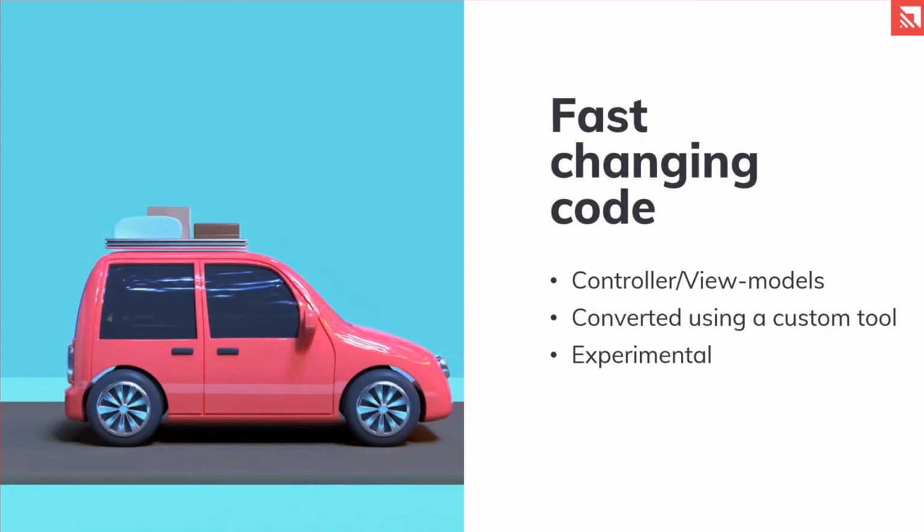We then had our fast changing code here, and we had a very unconventional approach to our fast changing code. So fast changing code again is controllers, view models, things that change a lot, and that if we move them to our new project, we will have to keep them in sync more or less in both the new and old one, which is not great. So we don't want to do that. We want to avoid that. So we want to keep them in our old projects, and we want to move them over to our new one when we need them.